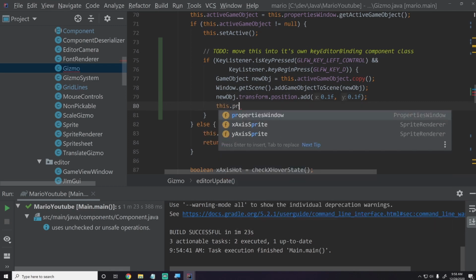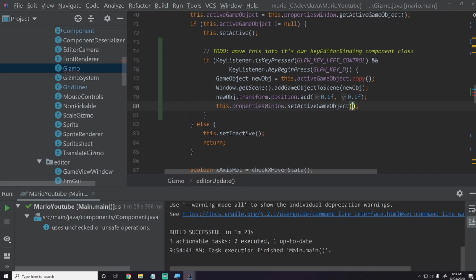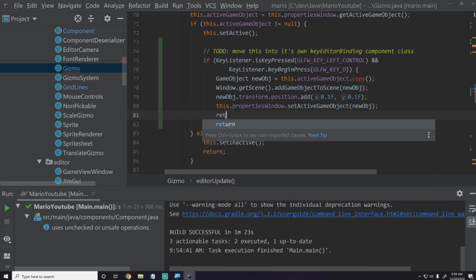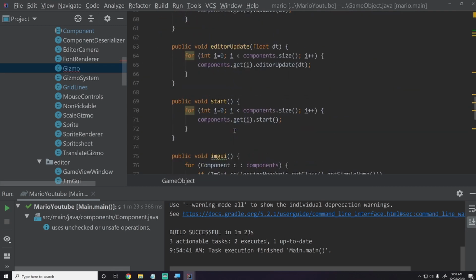And we'll say this dot properties window dot set active game object to that new object, and then we will return. So now if we were to do this, then we should be able to copy once we implement this copy function. So let's go into game object, scroll down,